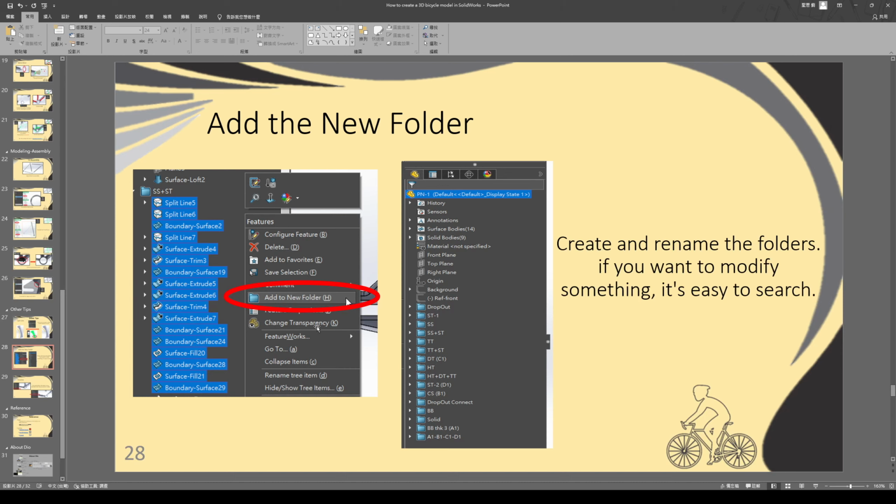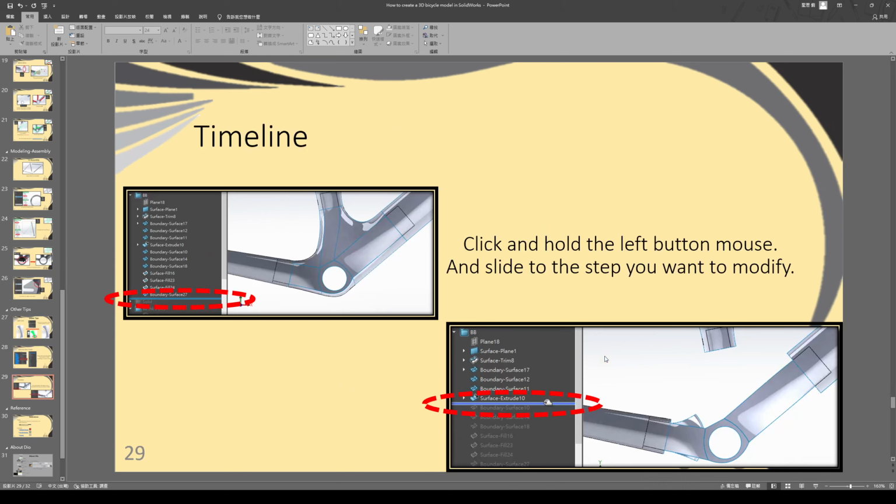Save each part in a separate folder, so you can find a specific part quickly. It's easy to search. There is a handlebar, and you can return to any step. Click and hold the left button and slide to any step you want to modify.